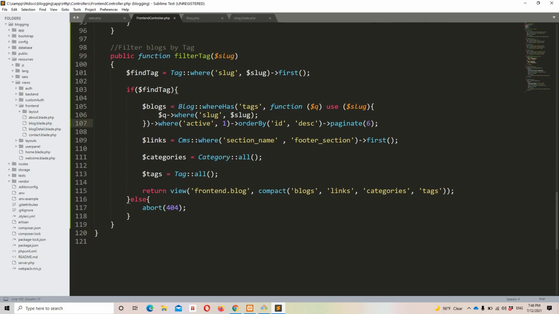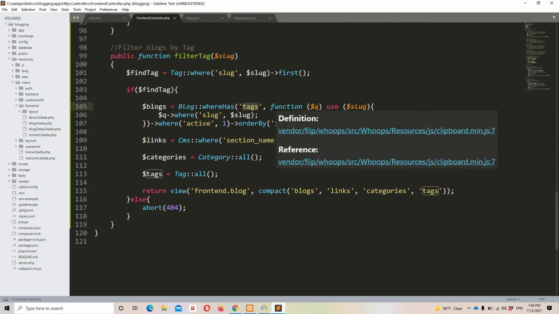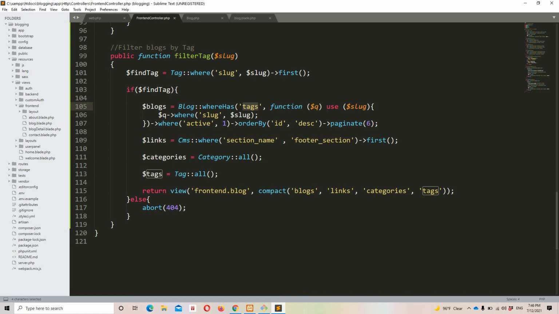So once again, let's discuss this. I am trying to find my blog where has a relationship, and the relationship name or the method name right here is tags. Then we are implementing a subquery inside a query. So I'm using a temporary variable right here, and I'm using my variable which I am getting from right here.